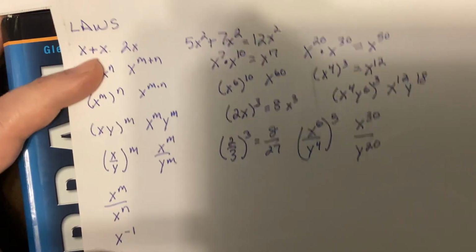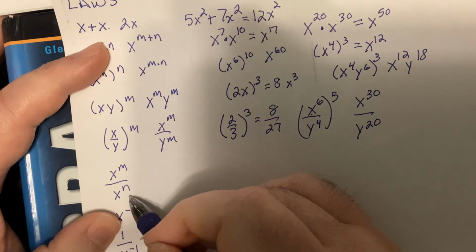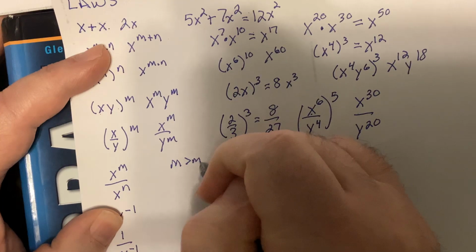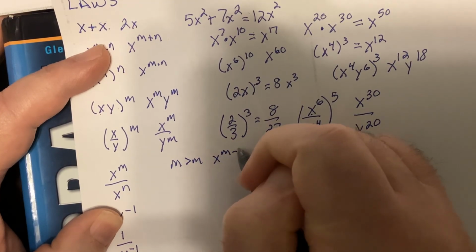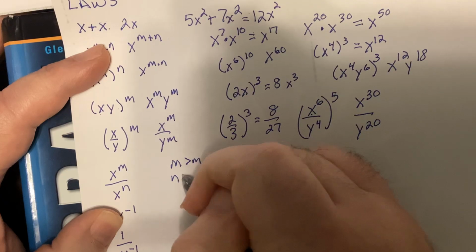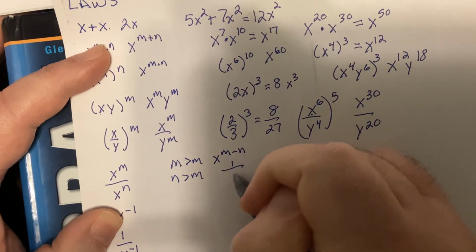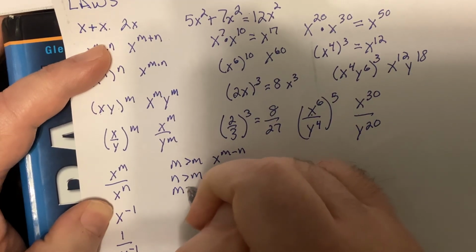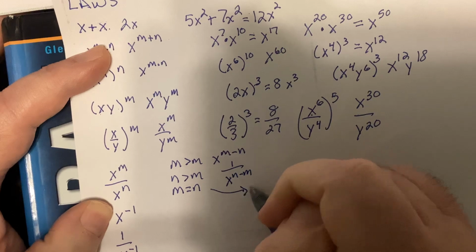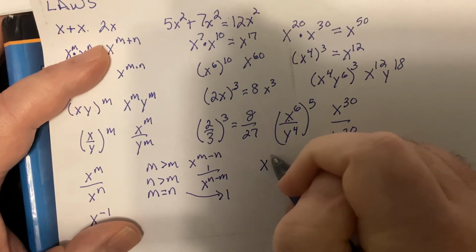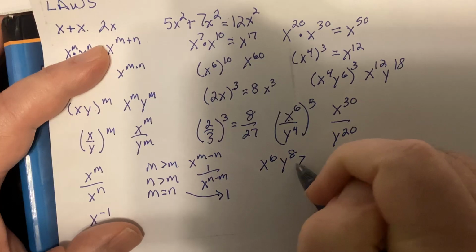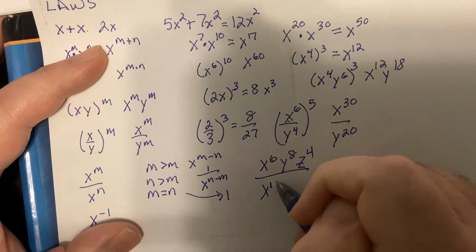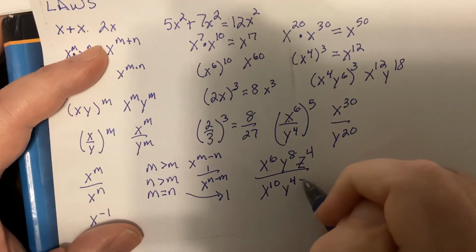Now, when you divide two things with the same base, there are actually 3 parts. If the top is bigger, it's x to the m minus n. If the bottom is bigger, it's 1 over x to the n minus m. And if the powers are the same, it's 1. So if I have x to the 6th, y to the 8th, z to the 4th, over x to the 10th, y to the 4th, z to the 4th,